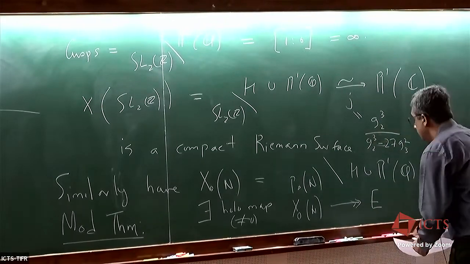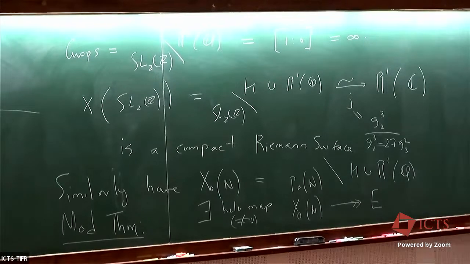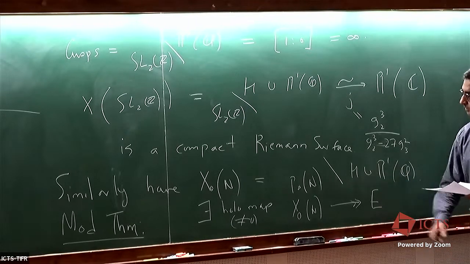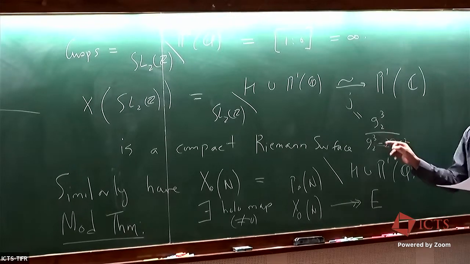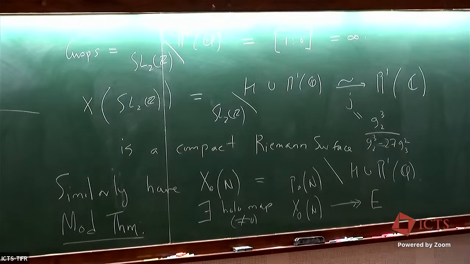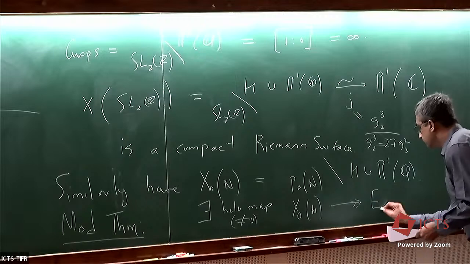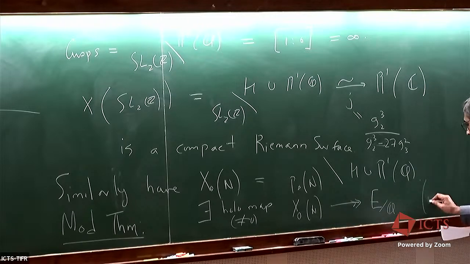So what does it mean to be over Q? So far we've been talking about elliptic curves over the complex numbers, but we also did speak about elliptic curves over the rational numbers. So it turns out that if you have an elliptic curve over the complex numbers and its j-invariant is rational, then it has a model over the rational numbers. It's an elliptic curve over the rational numbers. I'll just write that here, over Q. What this means is